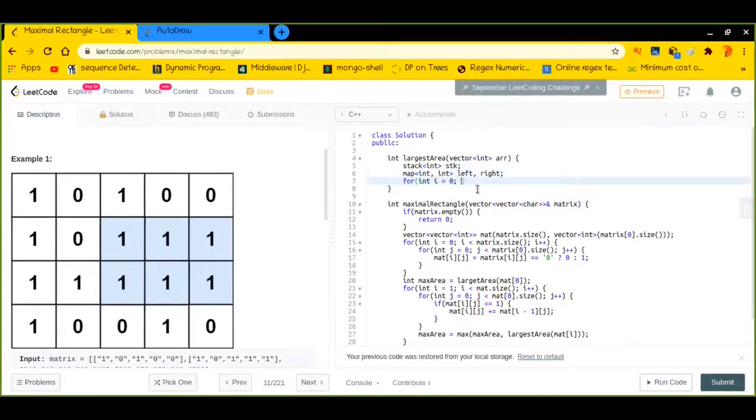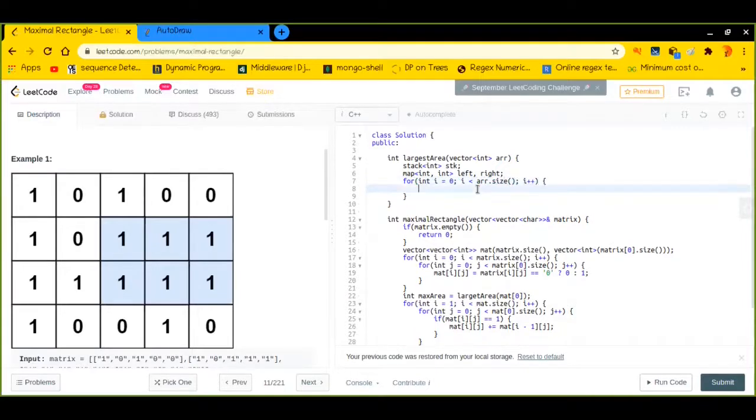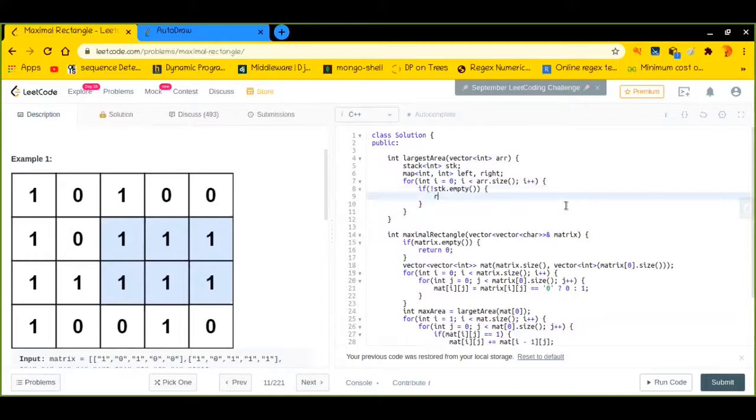So what I can do is first traverse the array, as I have already explained to you. If I notice that the stack is currently empty, then I can simply go ahead and push in.